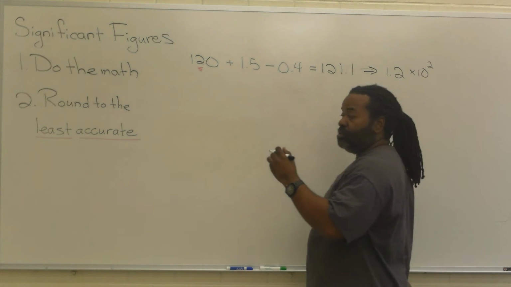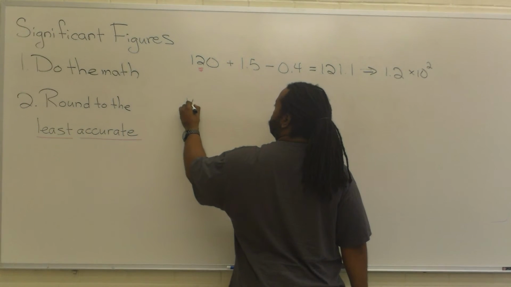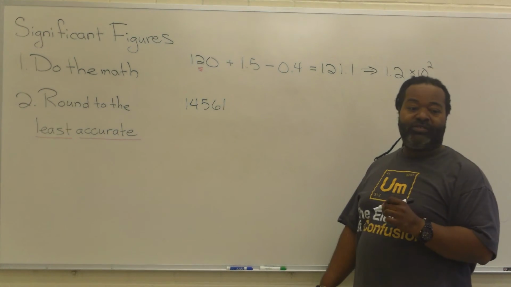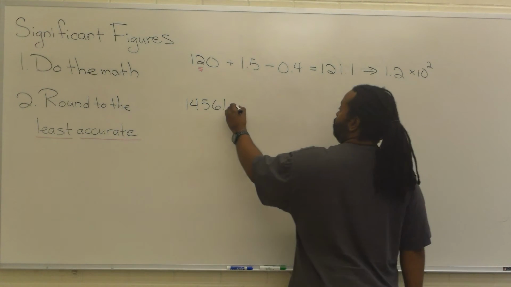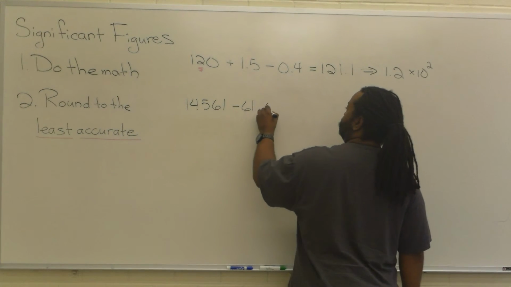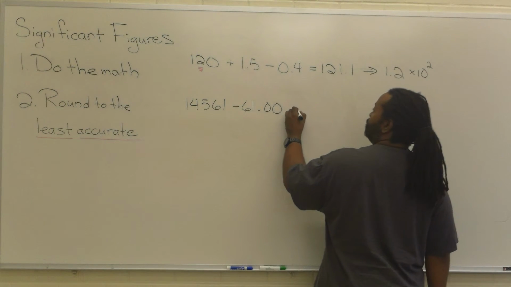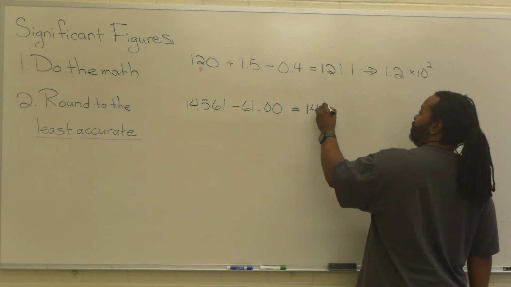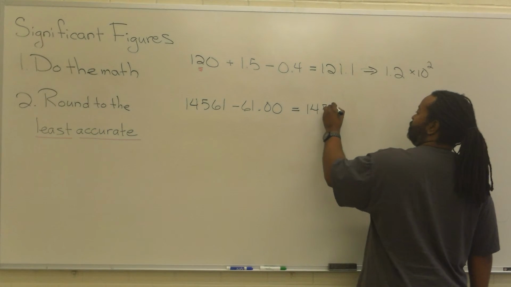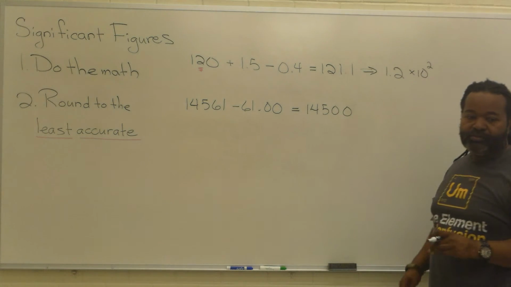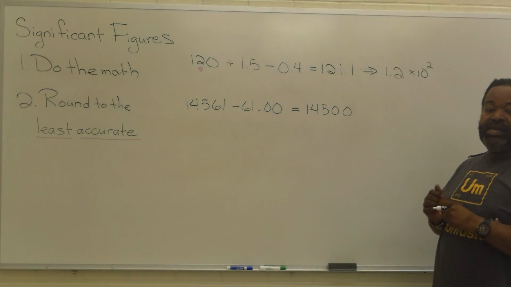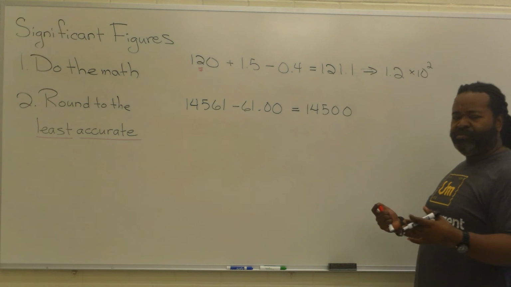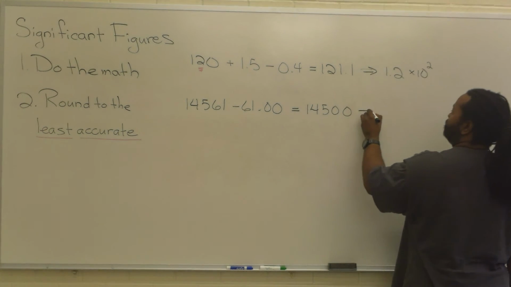Now let's take another example. 14,561 minus 61.00. If we do the math, that's 14,500. And we want to figure out how many sig figs we have remaining. So